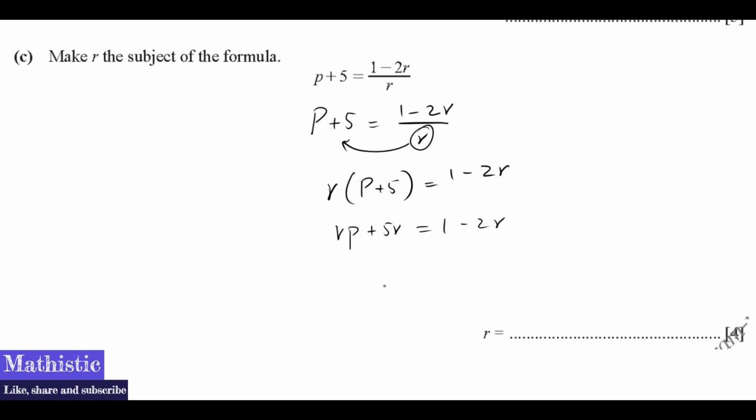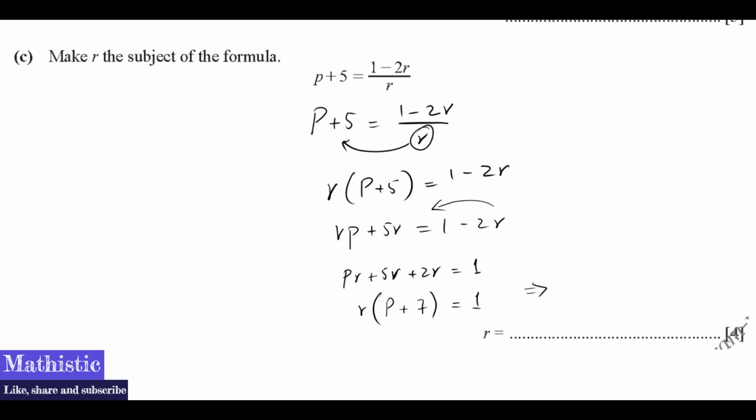Okay, let's bring all of the R's to one side and simplify it even further. So we've got PR plus 5R, and bring this 2R to the left hand side, plus 2R, equals 1. Let's take R as a common factor from everything else. We're going to get R times (P plus 5 plus 2, which is 7), and that equals 1. And R equals